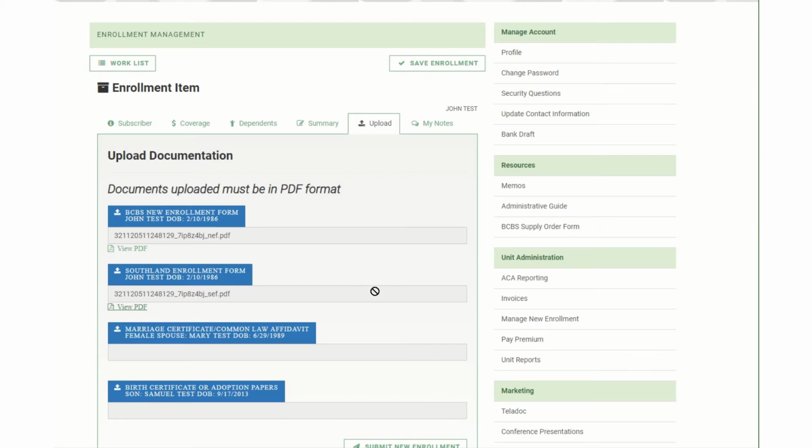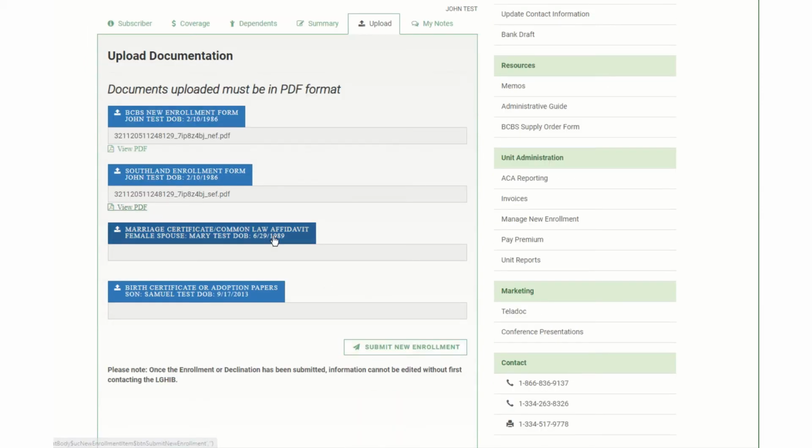I highly recommend waiting to submit this enrollment until you have all the documentation, because once you've submitted this, it closes this enrollment out. It locks this in, essentially, and you won't be able to get back in here unless we reject it. So if you submit it to get it going but you don't have some of the documentation, that's okay. It's not a big deal, but you will have to send that documentation either by fax or through email to